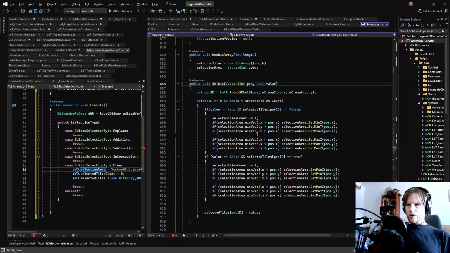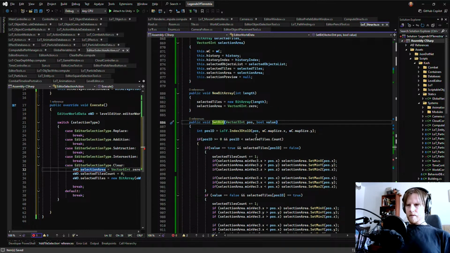I think it should never be set bit. It should always be set bits.